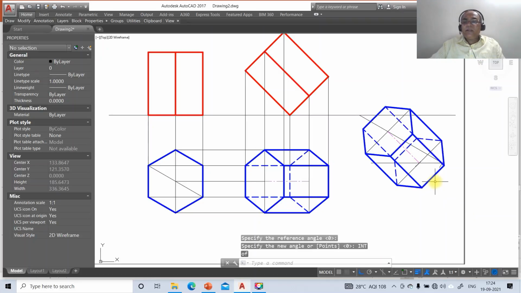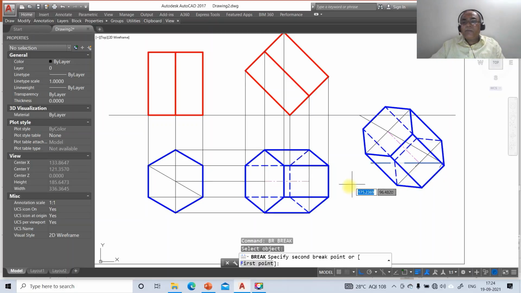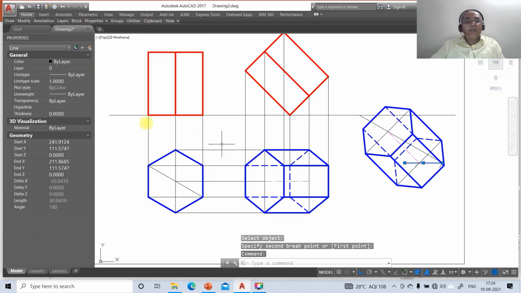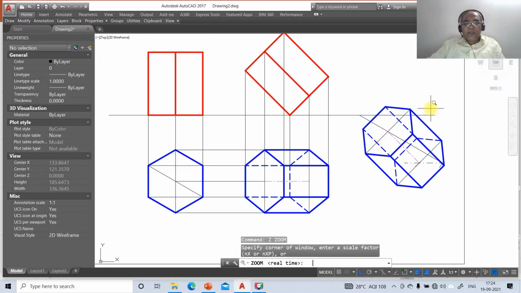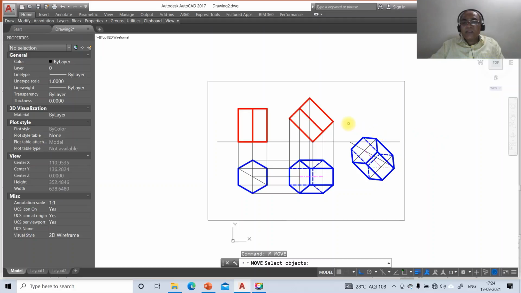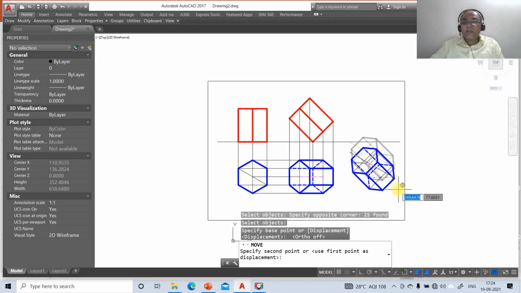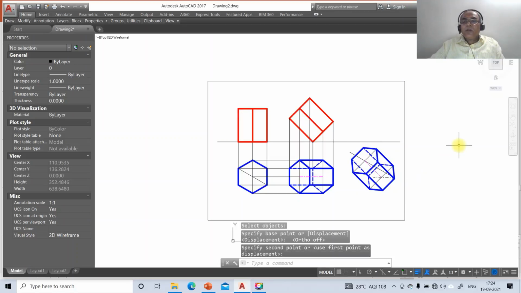Now it has been rotated, then you just go to break this line till here and you just click over this and go to layer, make that layer as locus layer and you take this as 10 mm. Now once you do that, here this is crossing the window, so you just go to move, select this entire drawing and move this below the XY line by keeping the ortho off. Now we have this line. Now we go for